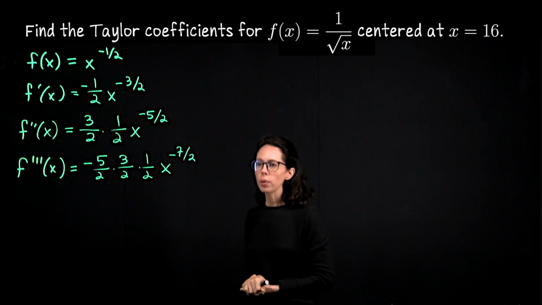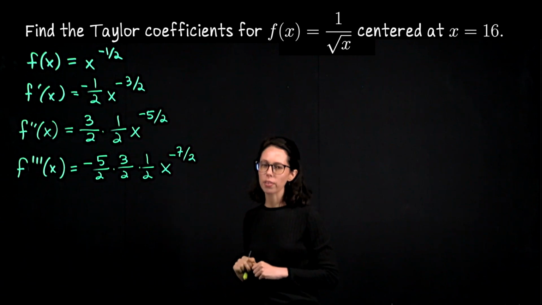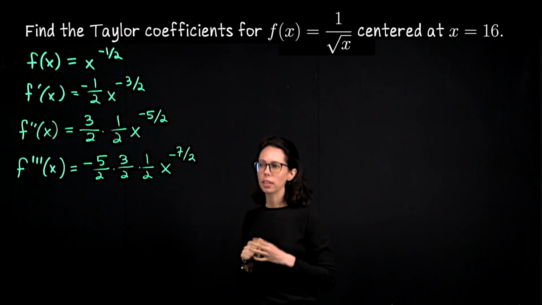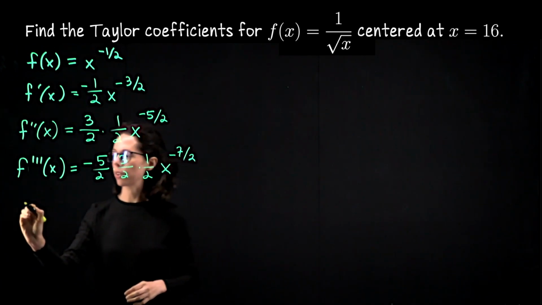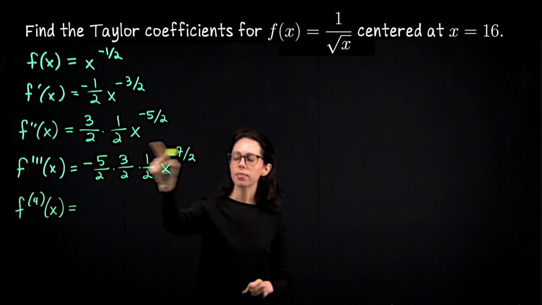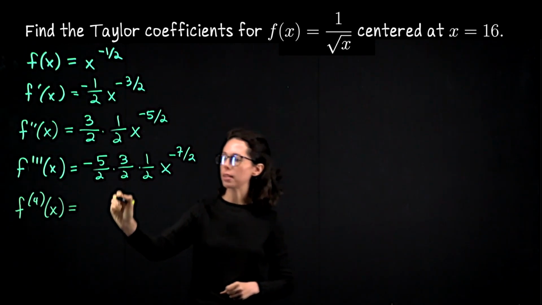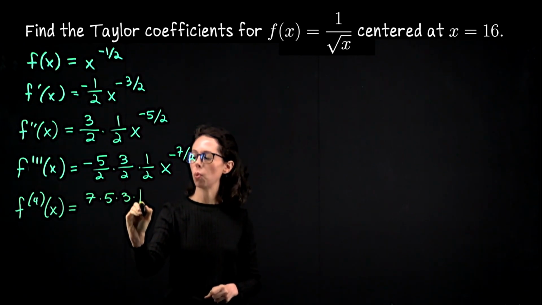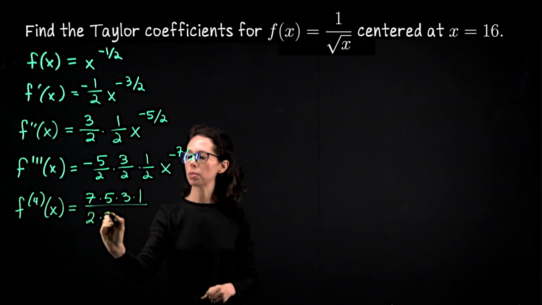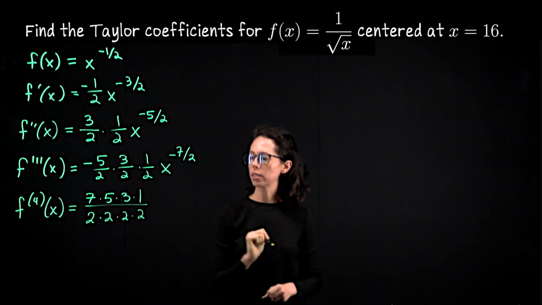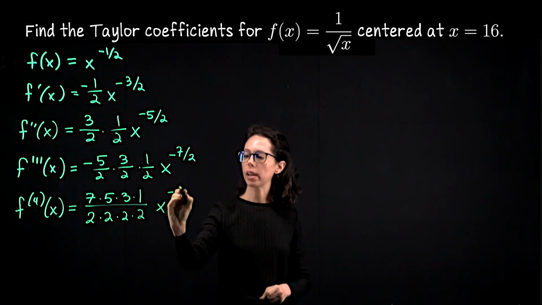The next is go until you see the pattern. So can you immediately know what the fourth derivative would look like? And then check yourself. Hopefully at this point, it's clear what's happening. Let me go ahead and write the fourth derivative. The negative 7/2 is going to come down. We're going to flip back to positive. Then we'll have 7 times 5 times 3 times 1 divided by 2 times 2 times 2 times 2. So there, put it in one fraction, but it's the same idea. We've got these four terms multiplied together, x to the negative 9/2.